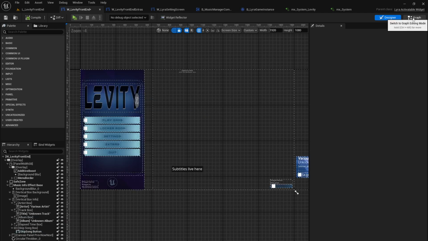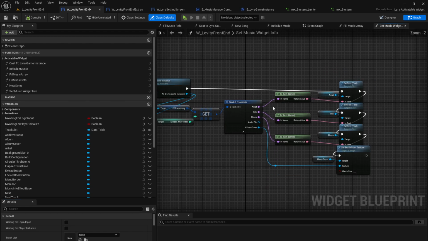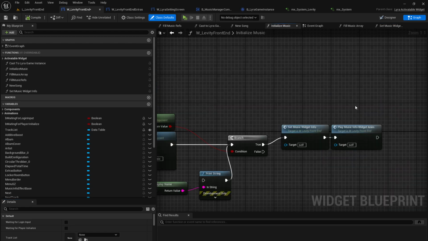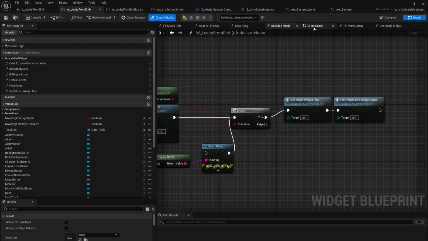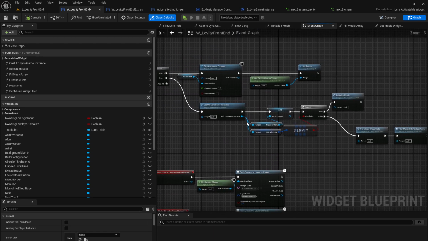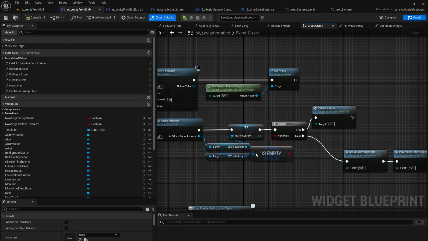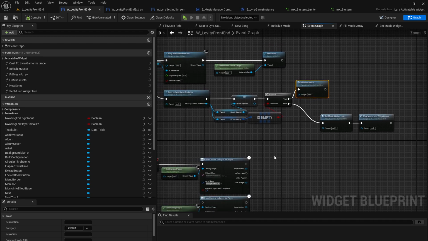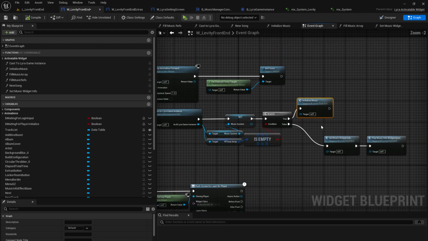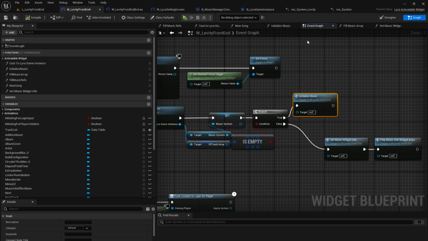Okay, so going back to the graph of the front end, we have set the music widget, and that's the end of our initialize. So now we're going back to the event graph. So we've casted, we saw that the array was initially empty, we initialized, and when we initialize, simultaneously, because we're in the main menu,